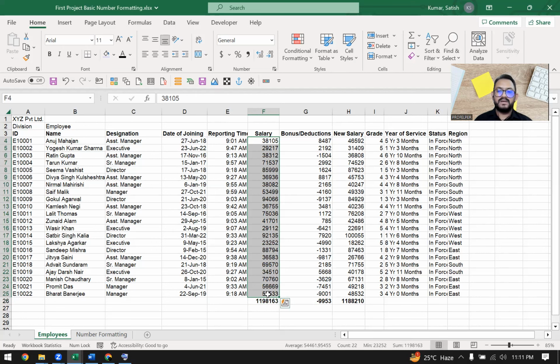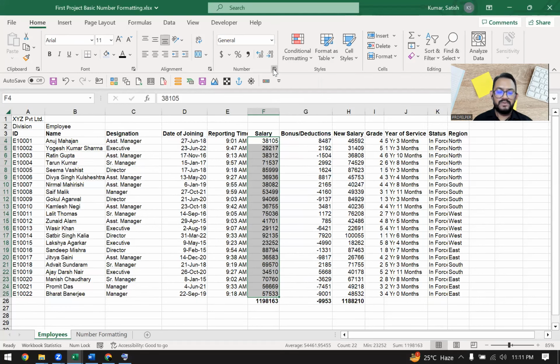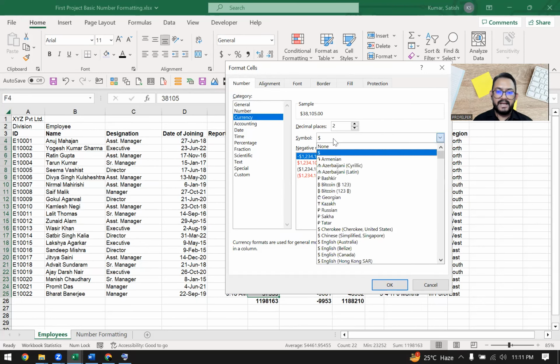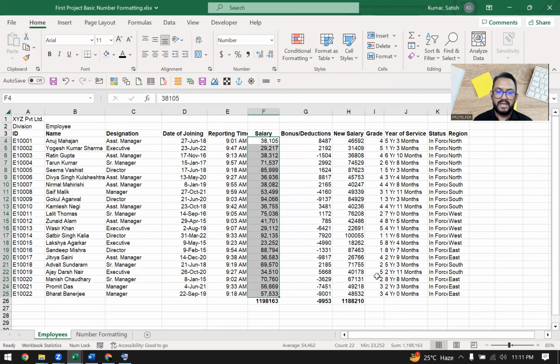You want it to look a little more in a better way, basically. So what we can do, we just need to select the salary part, and we just click on this. So we'll be using this one. We'll just come here in the currency section and we don't want to use any currency sign. So we'll just select none, and we don't want any decimal places, and click on the button. Okay, see what happens. So now it is looking a little better,